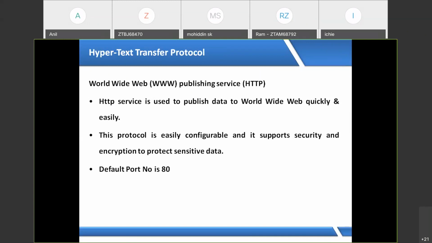Yes. 443 is the port number for HTTPS. So let's go to the